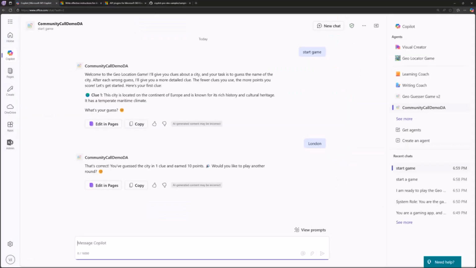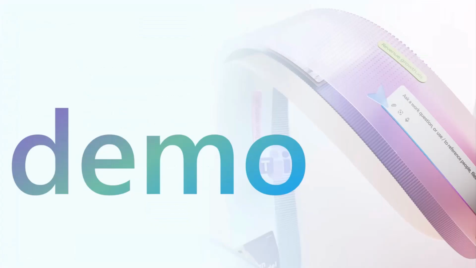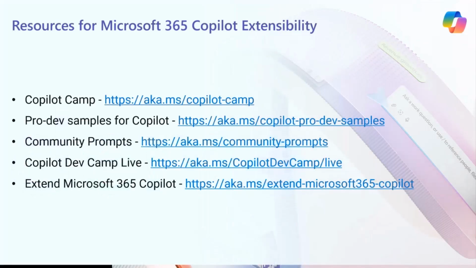But that's a quick intro on that one. From a time perspective, we didn't want to spend too much time there. We will do more advanced stuff on declarative agents and other agents definitely during spring 2025. Quick set of resources on Copilot extensibility. Copilot Camp, definitely the number one resource to get started. It was already called out in the community chat as well, a great resource to get started and understand the basics of how to implement all of this. A lot of other options are available for you as well. But that's it for this demo.